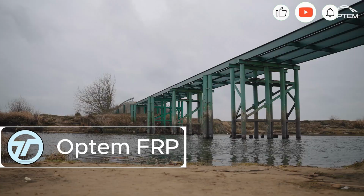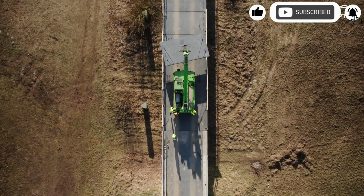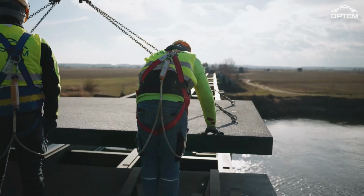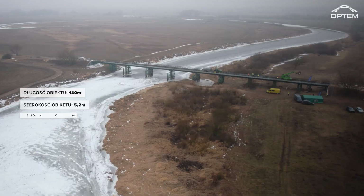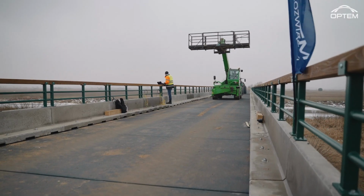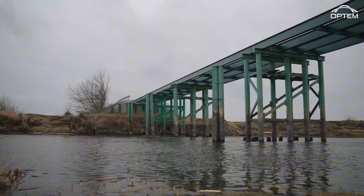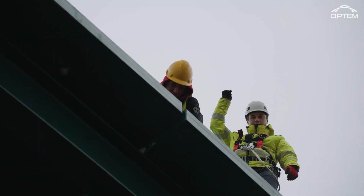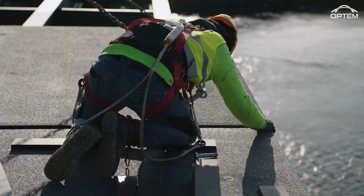Optim FRP is a game changer in modern bridge construction. This fiber-reinforced composite is incredibly lightweight yet impressively strong, making it ideal for both road and pedestrian bridges. It's designed to resist harsh weather conditions, ensuring long-lasting durability without the need for constant maintenance. Used in projects like the 140-meter Brnovo Bridge, Optim FRP offers rapid installation and structural integrity that traditional materials can't